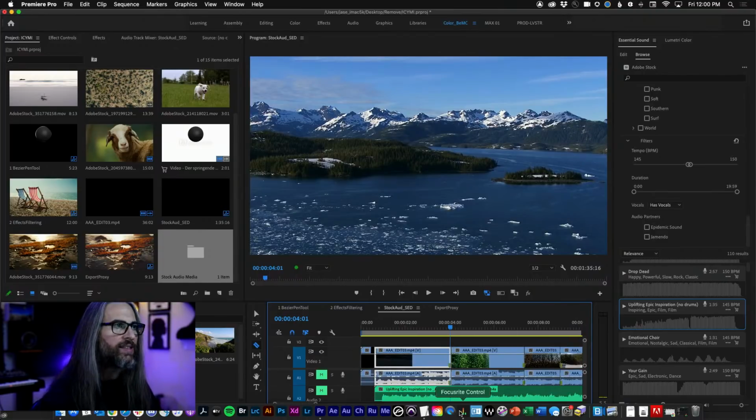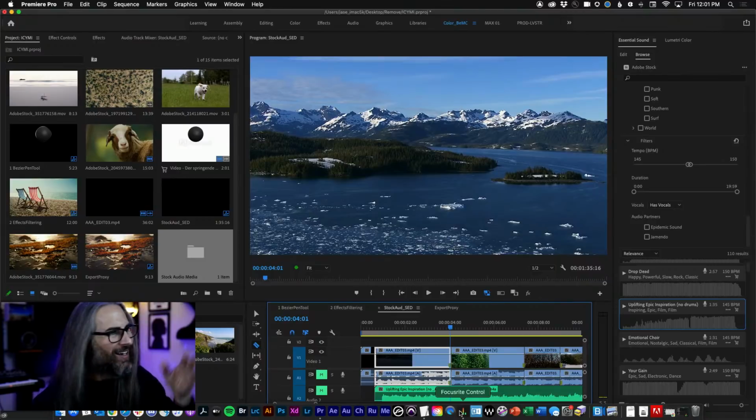If they're not straight cuts, again, sometimes I've had it where the flash to white, if it's like a couple of frames, sometimes it does it. This is a good example of it just didn't catch everything, but so much faster and easier to do all that work. Now this is only 30 seconds. Imagine if this were 2 minutes or 20 minutes or, you know, even if it's an hour, right? You could use this for, let's say, a comped interview and you're going to go back and make your selects and you want it to auto detect each time the camera changes, because the camera's changing on different speakers. It can do all that for you.